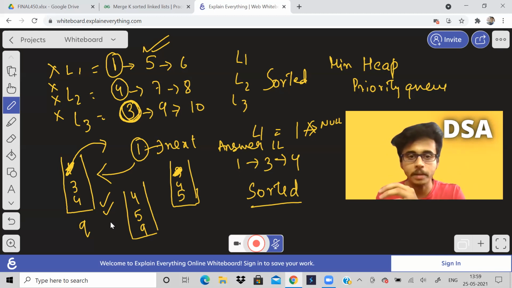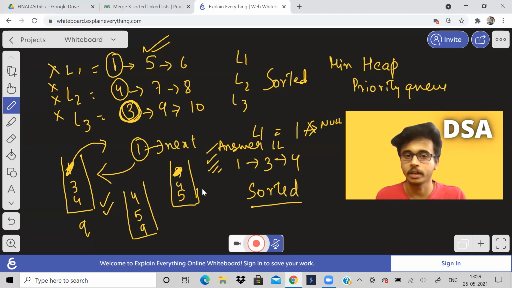Then take out the top element. After you take out the top element, check if it has a next element. Check if top next will exist, because you don't want to end up in a null position. There can be a possibility that any linked list can contain one node only. That time this won't work, right? So check if there is a next element to the top. If there is, push it to the queue. And don't forget to remove the top element and form the answer linked list.